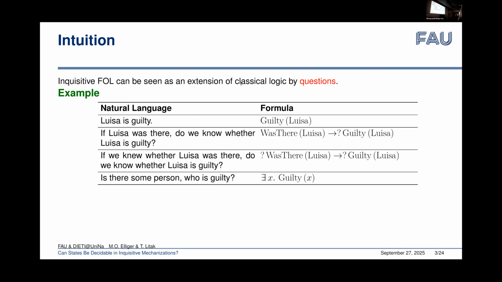So here we consider a setup where we are talking about, I don't know, a potential murder or some other crime. A typical ordinary declarative statement that you can formulate in first order logic, or even much less, some description logic, would be that Luisa is guilty. But then there are questions of dependencies, for example, whether what we know already can settle some other issue, for example, whether our knowledge that Luisa was there would allow us to settle one way or another, it doesn't matter which one, the question of Luisa's guilt,